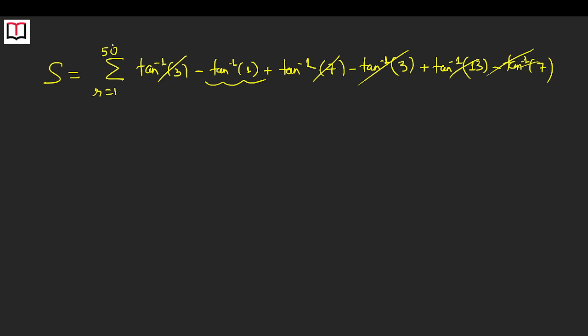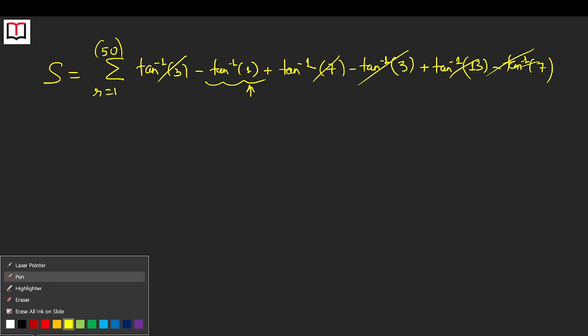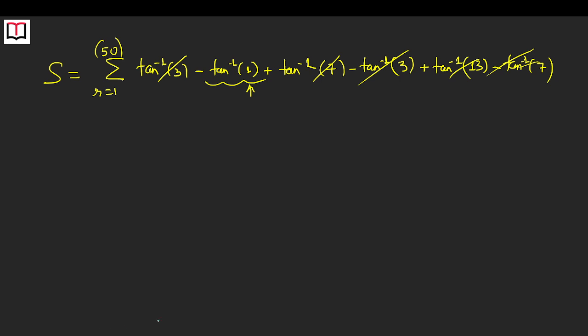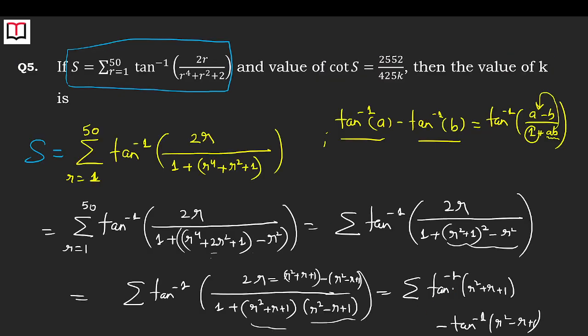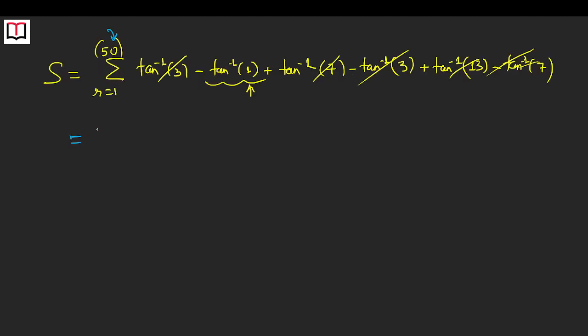The last term will be left when you replace r. See, this is a negative term. As I told you all earlier, the number of terms which you are left with in the beginning, the same number of terms you will be left with at the last, but with opposite sign. The last term you will be left with will be positive sign, and when you replace r by 50 here, this is equal to tan inverse of 50 square, which is 2500, plus